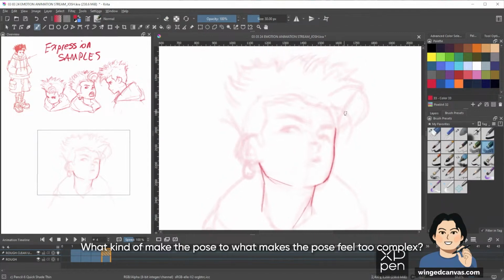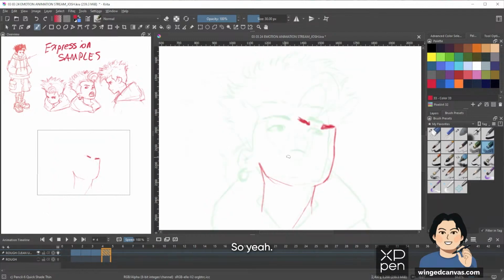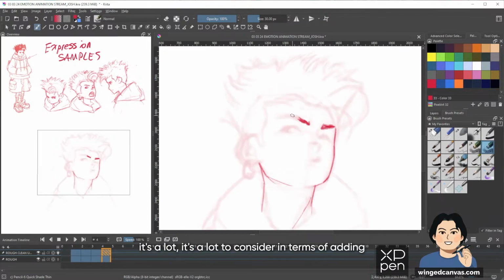What makes the pose feel too complex? What makes the pose work, does it add to it? It's a lot to consider in terms of adding what to the pose. I'm just gonna move the eyebrow a little further in than how I had it originally.